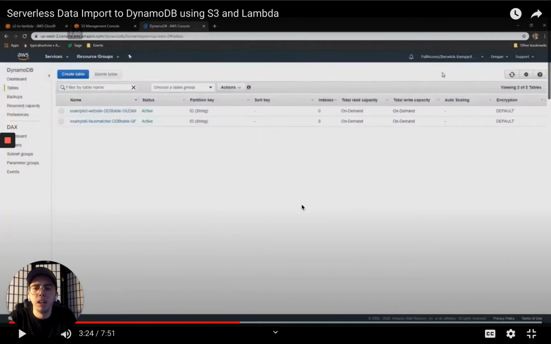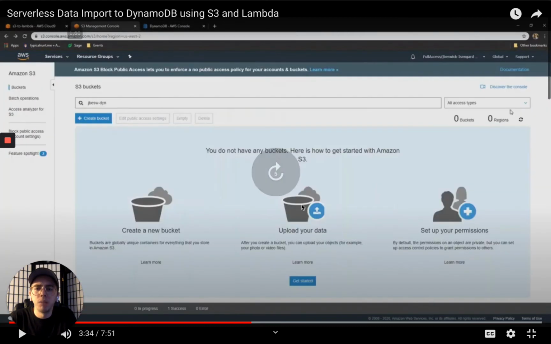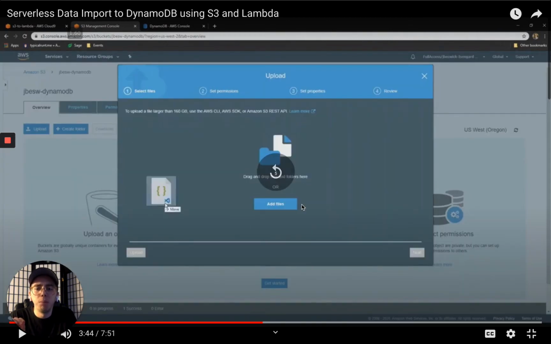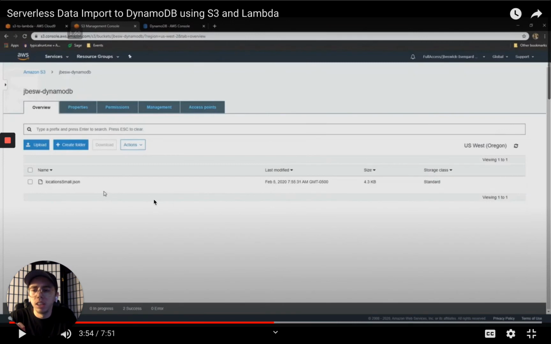Okay, so with that, now we've gotten through the Lambda code section here, and James is then going to go to the S3 bucket. He's going to upload a file here, you can see here it's called locations small. When he uploads this file, it's then going to trigger the Lambda function,